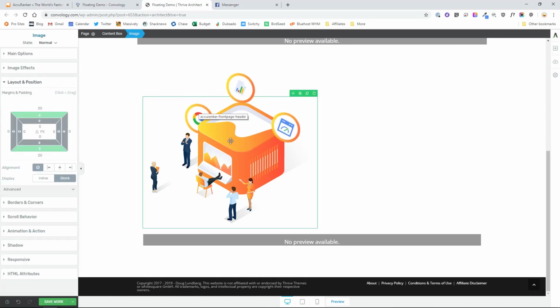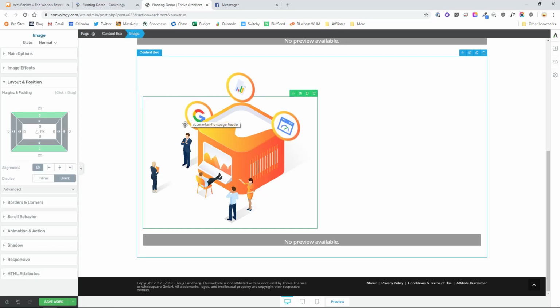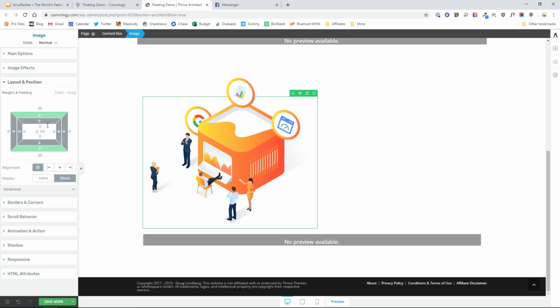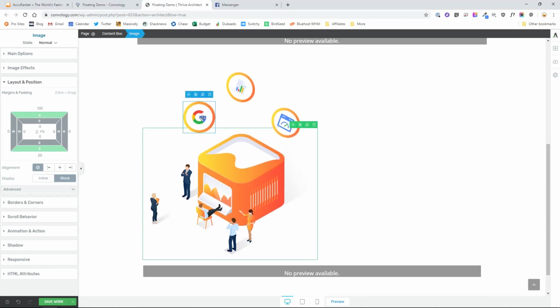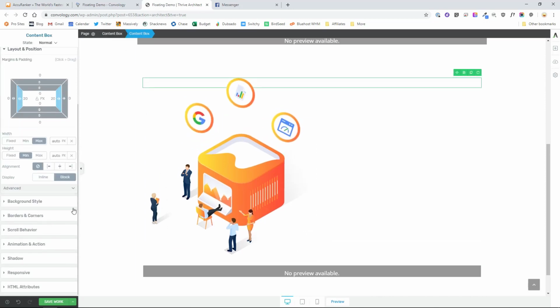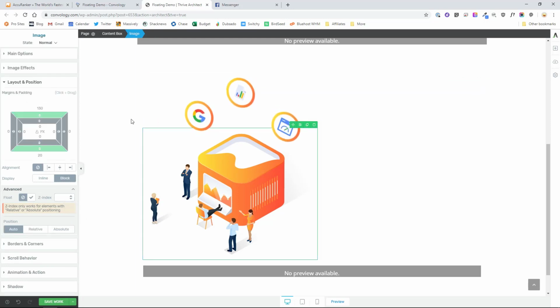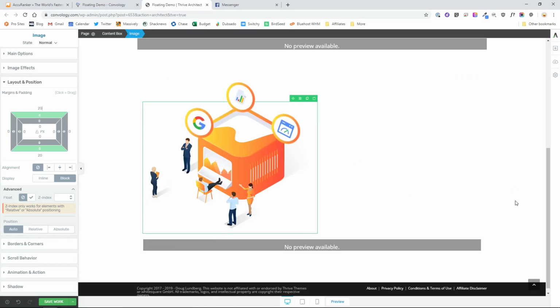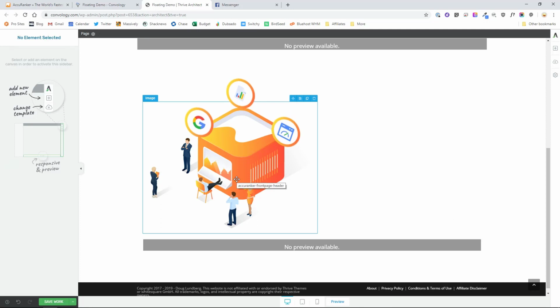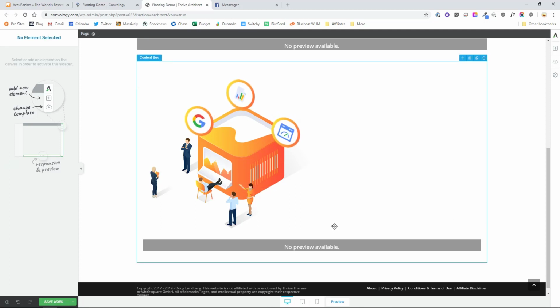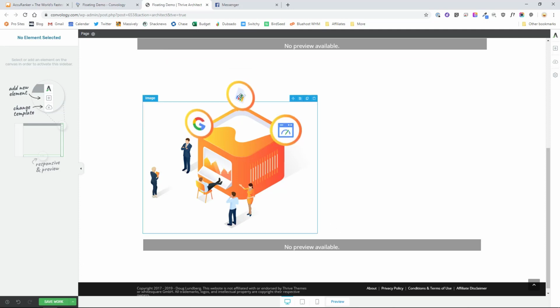whatever is needed to make that image show. In this example, you'll notice that my G for Google fell behind the orange, so I may want to just move this a little bit, grab this one, adjust it, and we'll make this one 97 just for fun. That's basically saying that we want them to be in front of, on the z-axis, which is like that 3D in and out, on top. So there we go. That literally is all there is to it to create a floating, animated, or interactive image